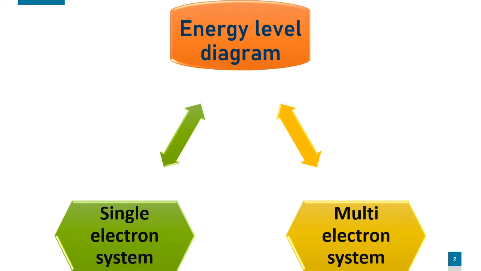It is discussed on two grounds. First, we'll discuss energies of only hydrogen and hydrogen-like systems, which come under the single electron system. Then we'll go to the more than one electron, or multi-electron, system. So here it is called the energy level diagram. Just for understanding, we don't go into the exact part of the energy diagram. Roughly we will understand by putting an arrow mark from the bottom to the top, in increasing order of energy. That is called the energy level diagram for single electron system and multi-electron system.